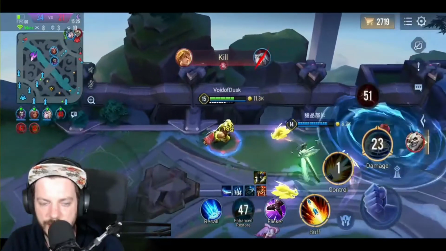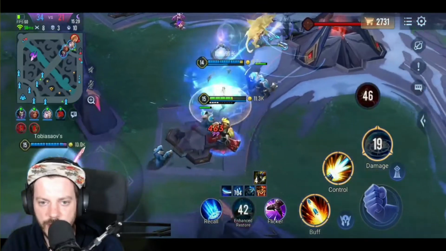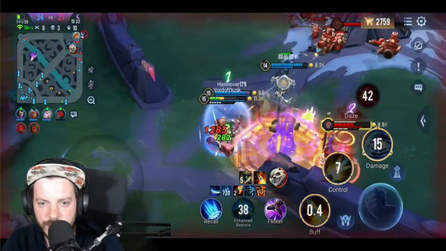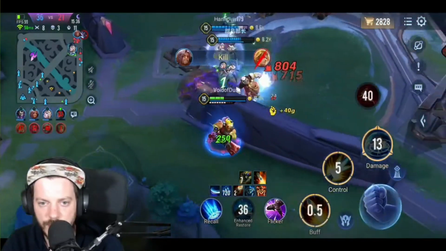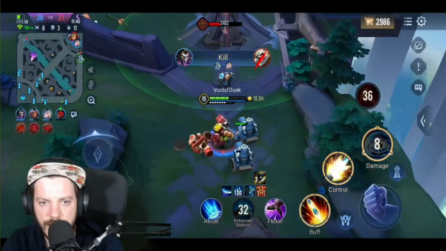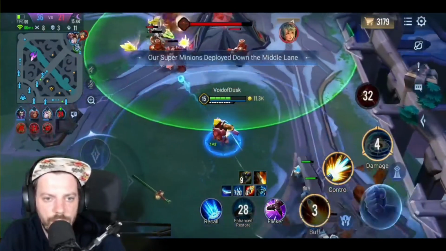Diochen has been killed in our approach to get the core. Now we've got some minions here. This is the last tower. This is the last Zuka. Another kill for our team. And now we're just finishing off the last tower, just in order to really